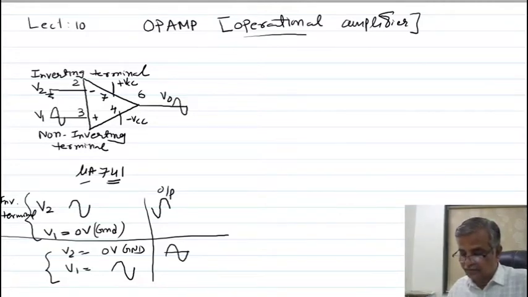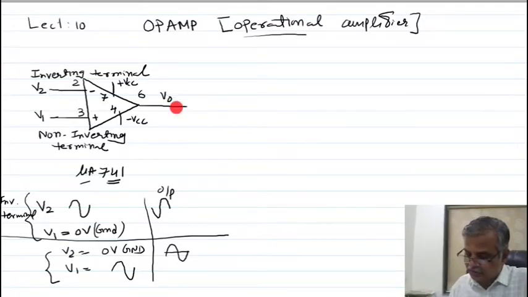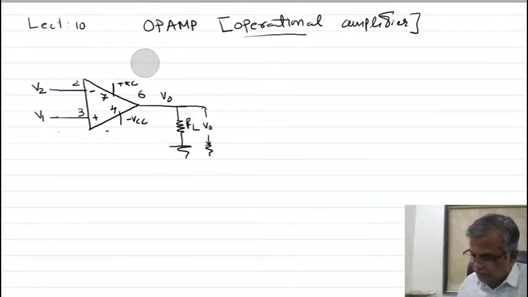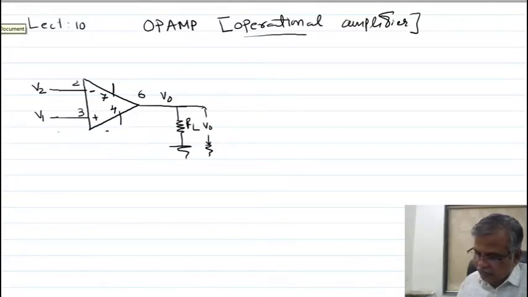Now, pin number 6 is the output, and you take the output across some load. Here the output is taken. Here I have mentioned the supply voltage, plus VCC and minus VCC. Generally for the op-amp 741 you can use this supply voltage. This is V plus, which I have to connect here, and V minus.